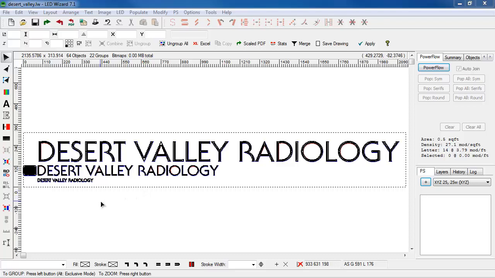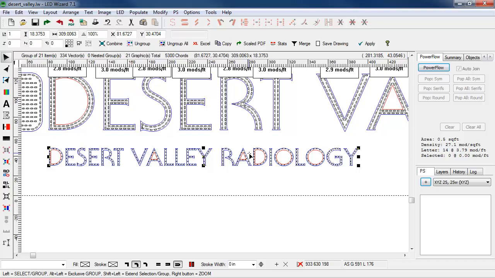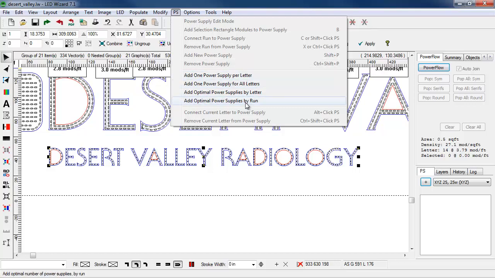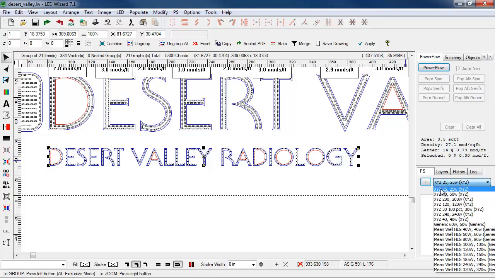The next step in the workflow is to add and load power supplies. Of course, in Neon Wizard there is not a function for adding transformers, but in LED Wizard we have a rich set of tools for adding and loading power supplies, as well as showing a wiring diagram. And there are actually 3 ways to add power supplies. We have automated tools here in the power supply menu. We can add individual power supplies from our list here. And we also have what's called the power supply mode, which is another way to add power supplies for large letters. So we'll go ahead and start here on the smaller lettering, and we'll select the XYZ 25 watt power